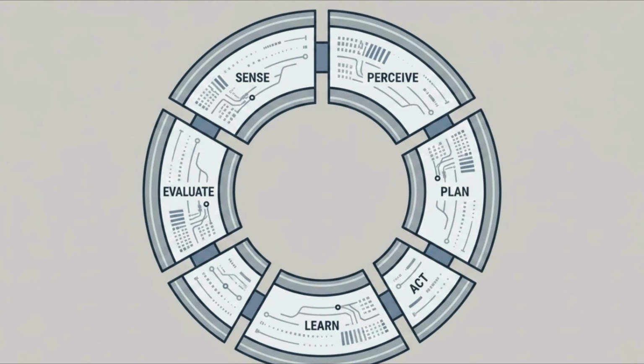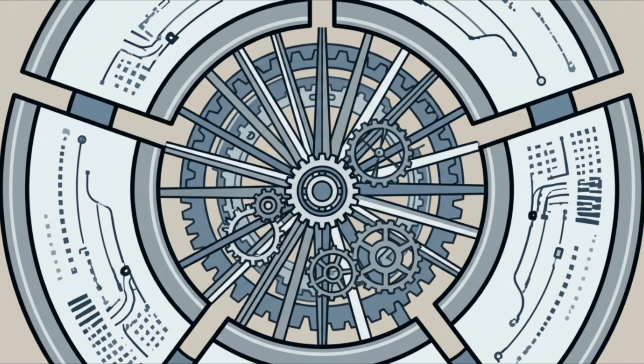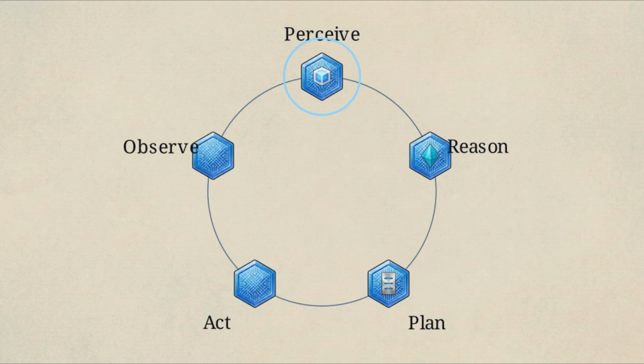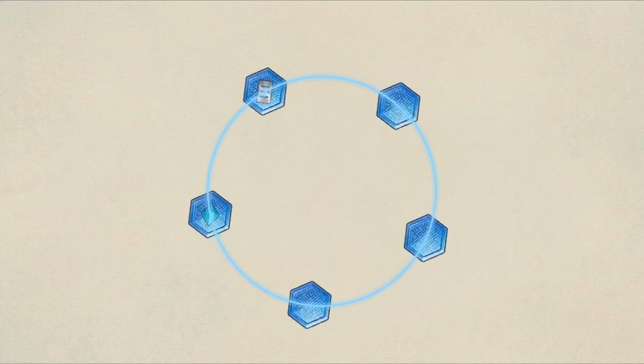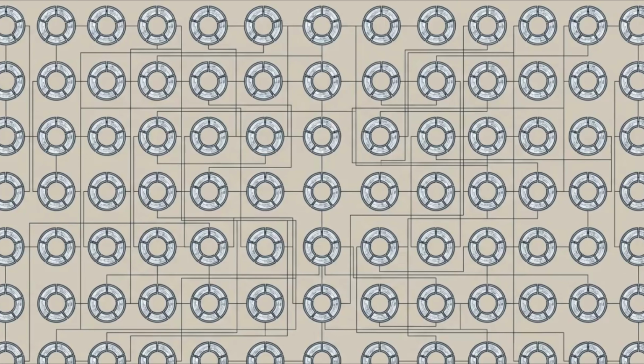The engine driving this pipeline is the agent loop. It is the invisible architecture that transforms a static language model into an autonomous worker. First is perceive, reading data to assess the state. Next, reason identifies missing information. Plan breaks the objective into executable subtasks. Act uses external tools to perform actions. Finally, observe verifies success. This loop repeats continuously, self-correcting until the goal is achieved. This continuous, stateful iteration is what actually enables an AI to autonomously solve hard problems.